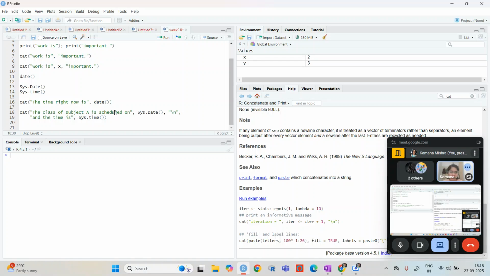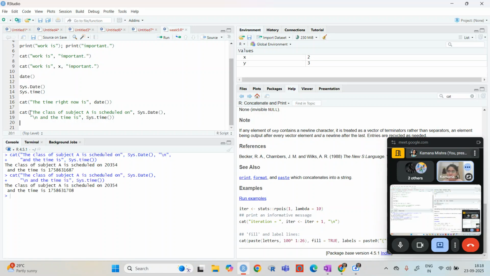But you need to remember that if we have this and I want to write this, and after that I want to print something in the next line, then I need to do this slash n. It is not necessary that you give slash n separately. If I just do this slash n here, then also we will have the same result, so you can write all of that in one line.